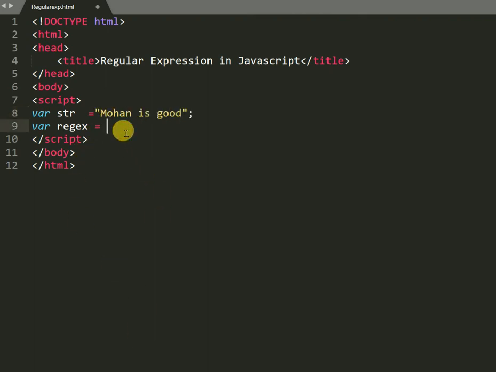Here I am taking a pattern like A. Here I am giving a modifier like g. g means it will do a global search in the whole string.